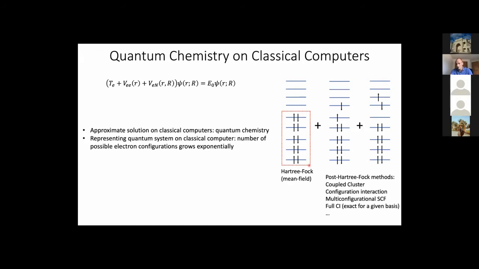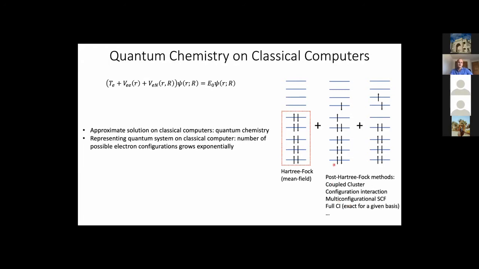But all the interesting effects are in the rest of the energy, which is called the correlation energy, where there are contributions to the wave function of excited configurations. And so these are post-Hartree-Fock methods such as coupled cluster, configuration interaction, different multi-configurational methods, and full configuration interaction, which is exact for a